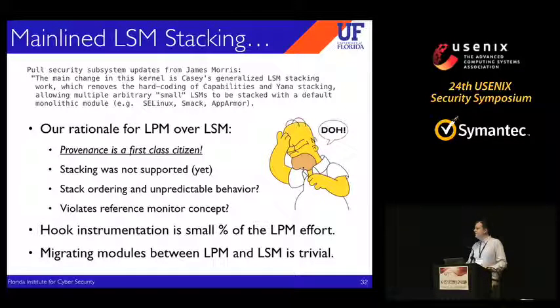So the main primitive that we're tracking is kernel forks. We'd expect every single process to be associated with a kernel credential, but not every kernel credential is associated with a process. So every single time there's a fork in the kernel, we assign it a new provenance ID and then collect the user that was in control of that provenance ID, the binaries that were launched, and the files that were